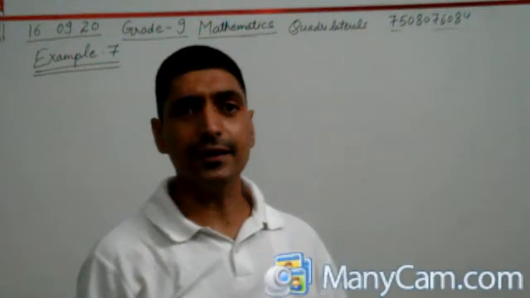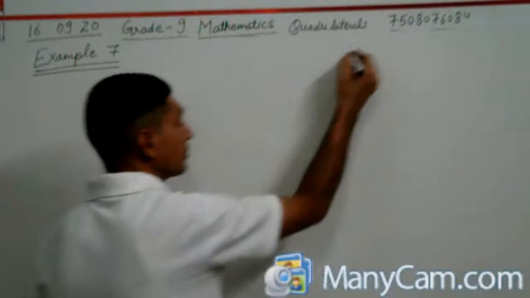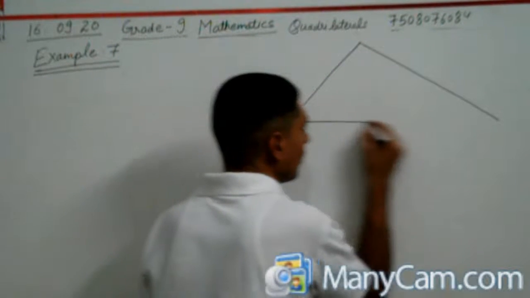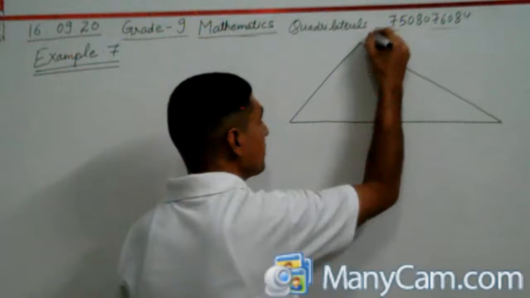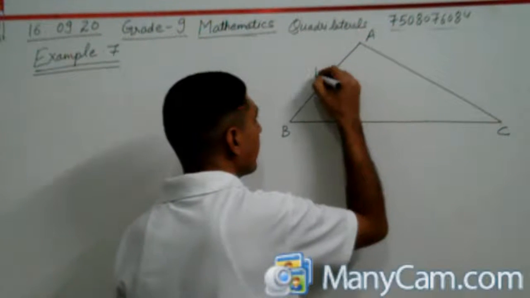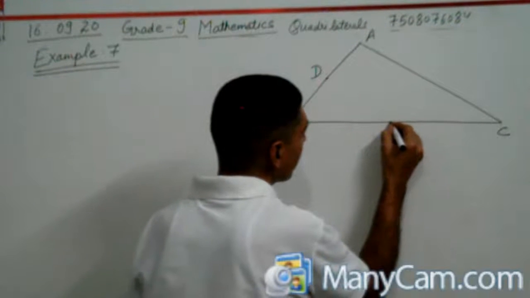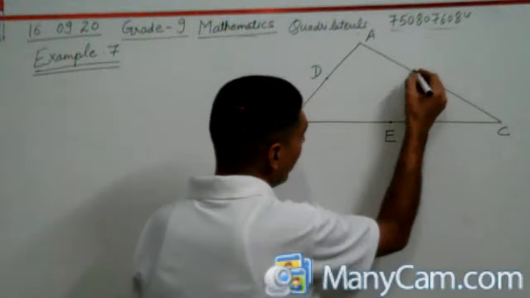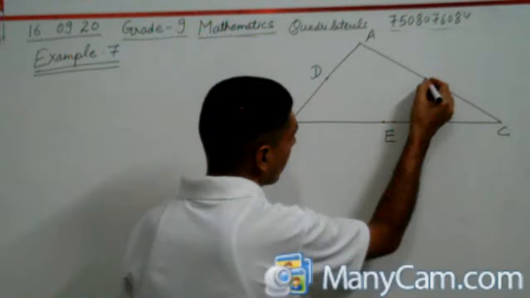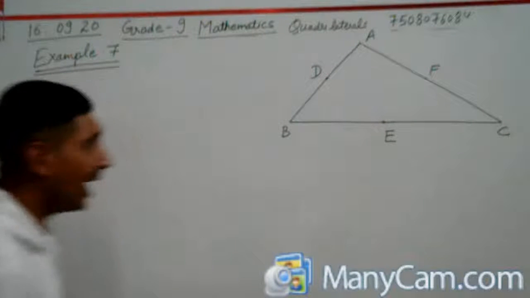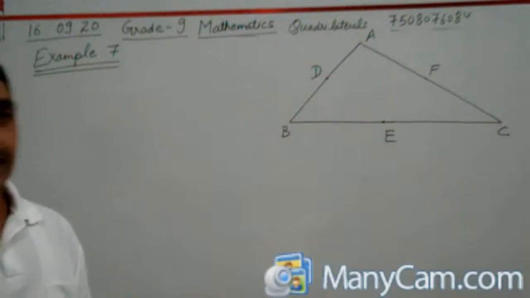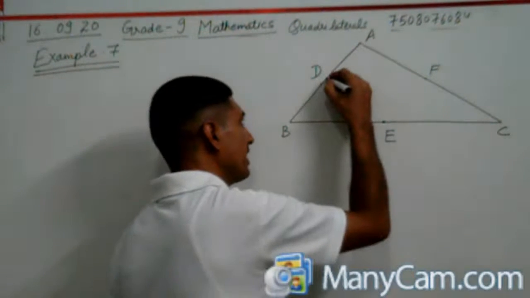For any triangle, here triangle ABC, and D, E, F are the respective midpoints of this triangle, then we have to prove: